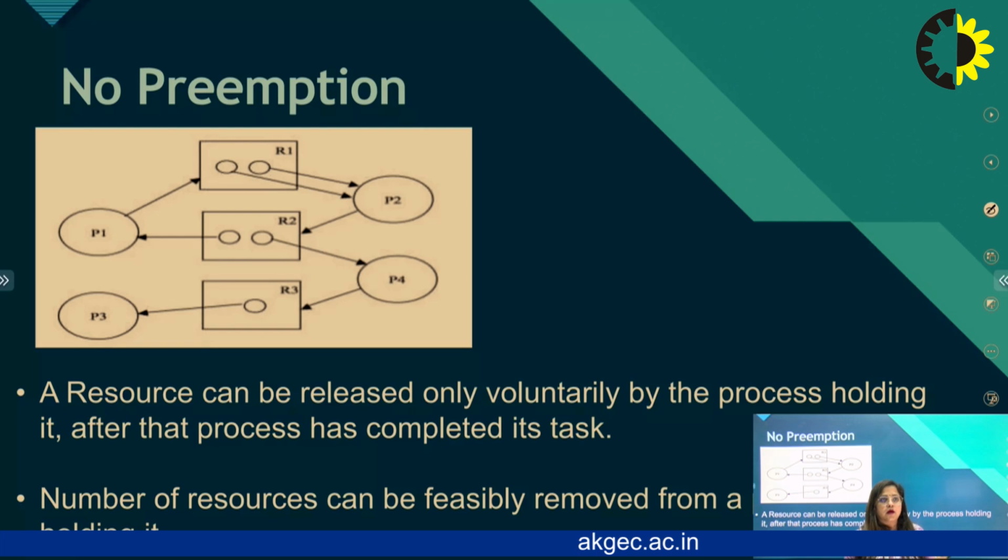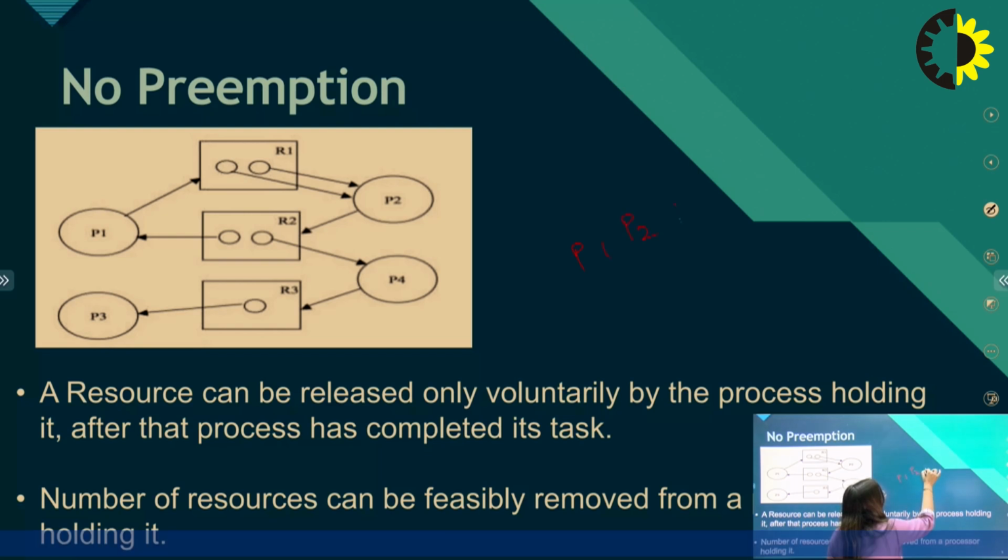So P1 and P2 are different types of processes, and for these no priority is required. P1, P2, P3 and P4 are the four processes that come to the ready queue, and no kind of priority is defined. So all these processes want to execute first.